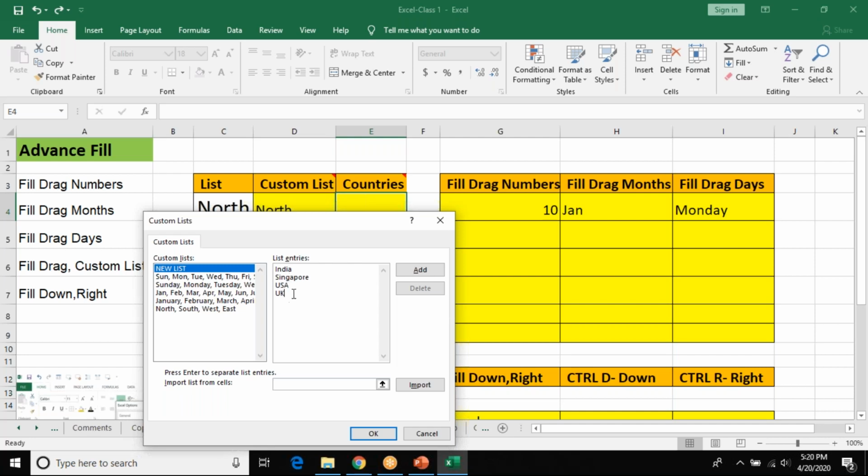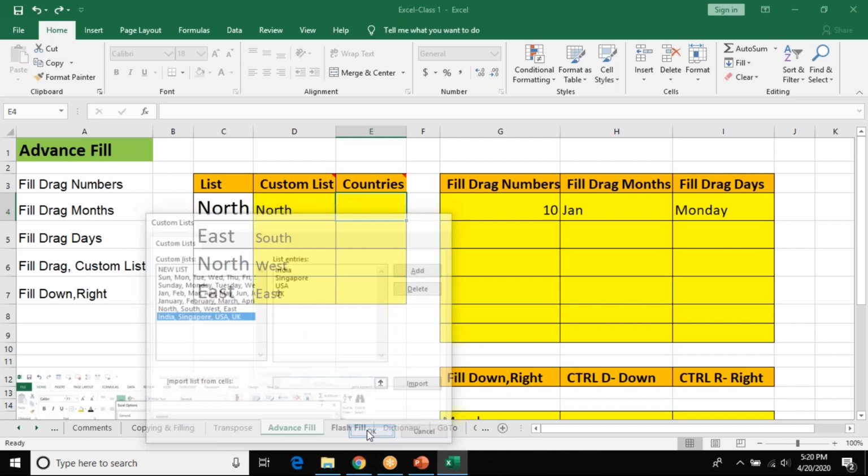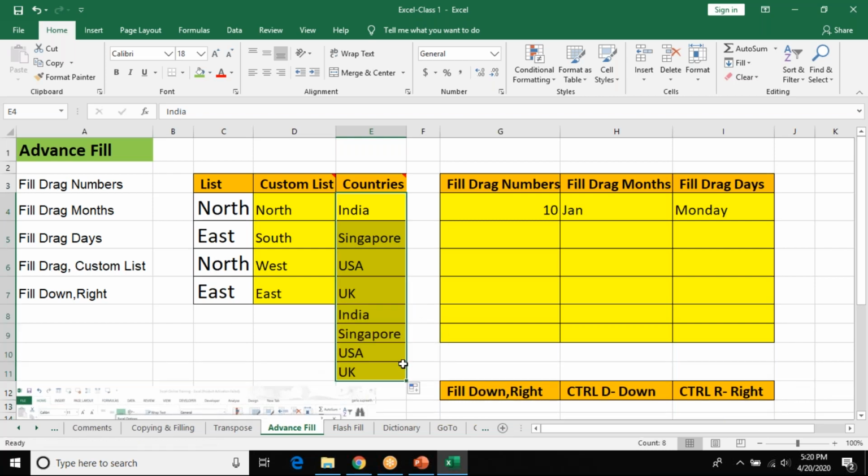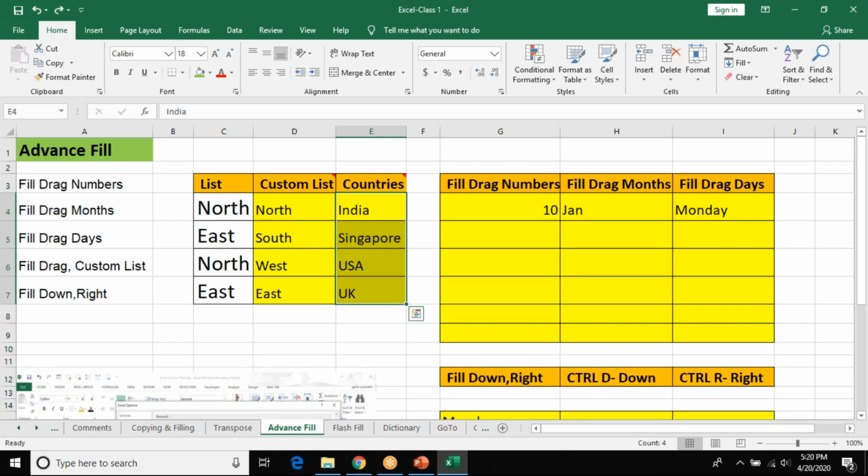You have to write it in the same way, and then click on OK. Now I will type India. See, when I drag it, what happens? India, Singapore, USA, UK. I can go on, write a 20 list, 30 list.